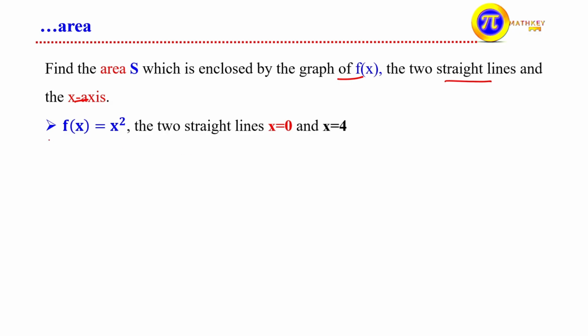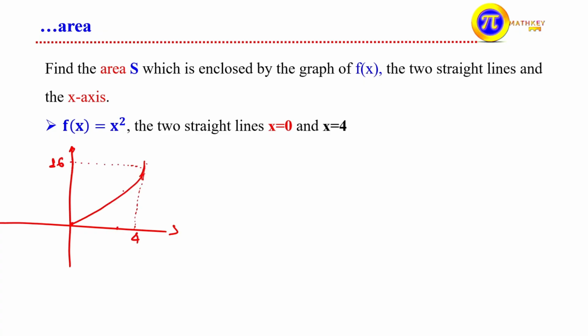So as we did before, we can sketch the graph of our function. ምን እንደሚመስል sketch እናደርጋለን። Here we have the x and y plane. Then at x equals 0, the value of the function is 0, and at x equals 4, the value for y, that is 4 squared, is 16. Let's take it somewhere here.